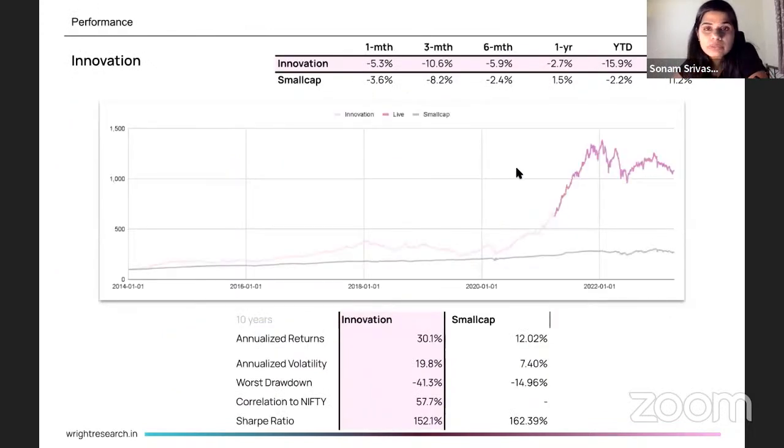Obviously, there's been a lot of correction because when you're looking at innovation, you will end up having a lot of IT stocks, or stocks linked to the IT sector, right? And obviously, IT has seen a correction for the last few months, because of the US market. So this portfolio has also seen corrections in recent times, but you compare it to the small cap portfolio, obviously innovation stocks will be small caps because a lot of the emerging companies are innovating. If you look at the long term, it has given a huge edge over the small cap portfolio. Obviously, the risk is slightly higher.